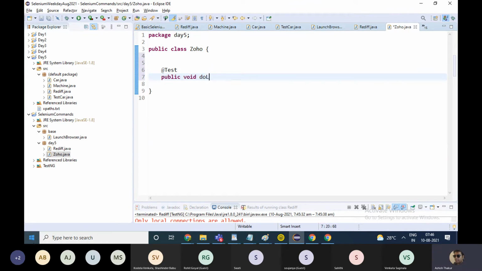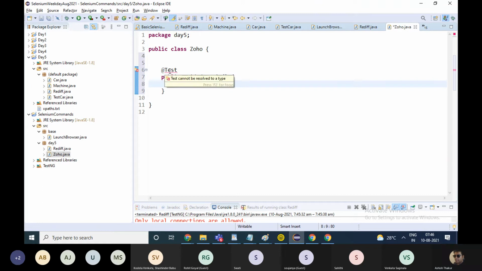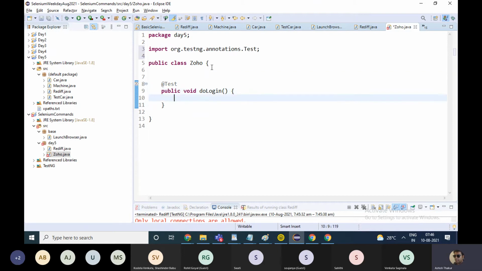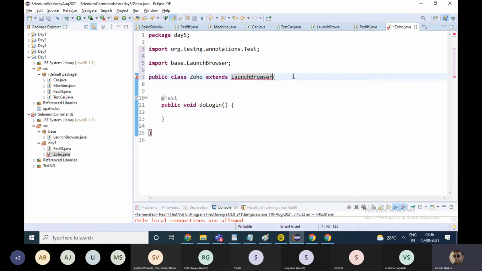Public void do login. So the Zoho class can also extend the launch browser class.